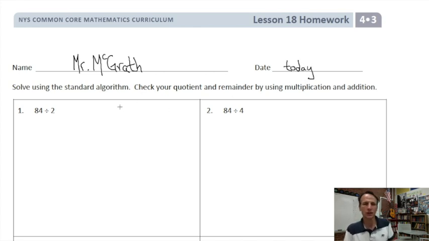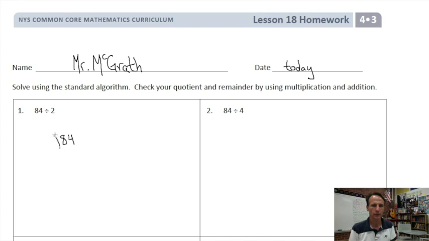Our instructions are for all of this homework, same instructions. Solve using the standard algorithm. Check your quotient and remainder by using multiplication and addition. So here we are. We're just simply dividing. That's it. That's all we have to do tonight. Pretty good, huh? So when we set up 84 divided by 2, the dividend, the number we're dividing, is the